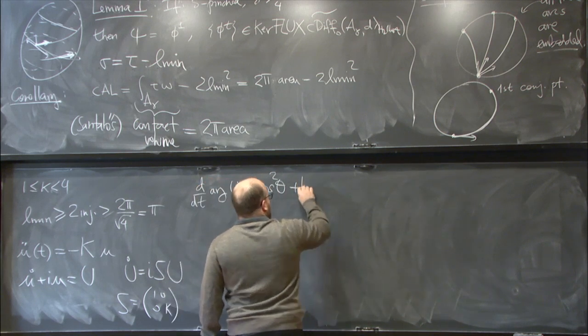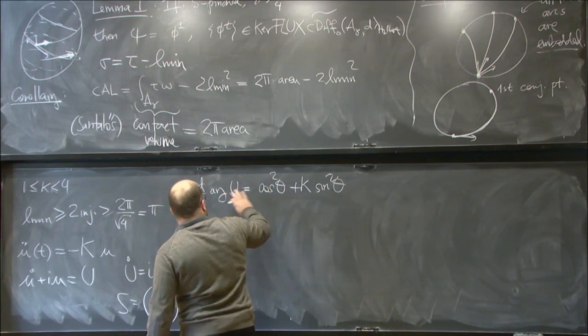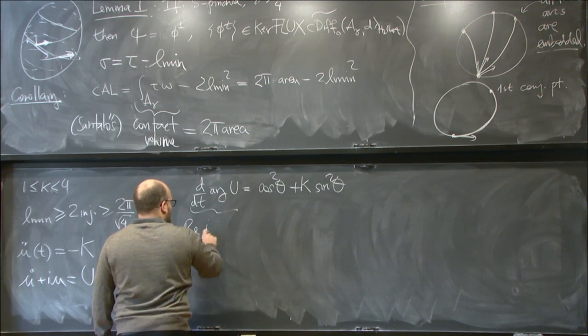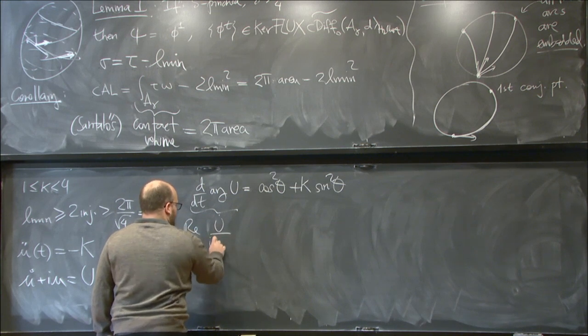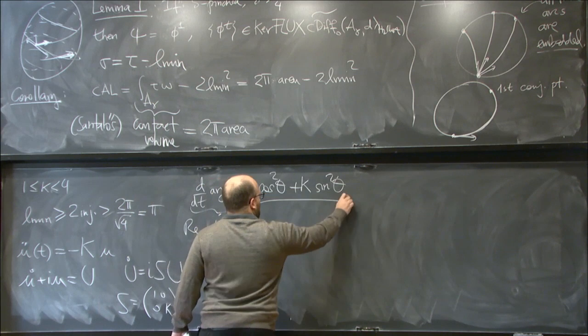Cosine theta squared plus k times sine theta squared. Just do the math from this equation to this number. This number is just the real part of u dot divided by iu, and then you do the math using this differential equation. You end up with this expression,